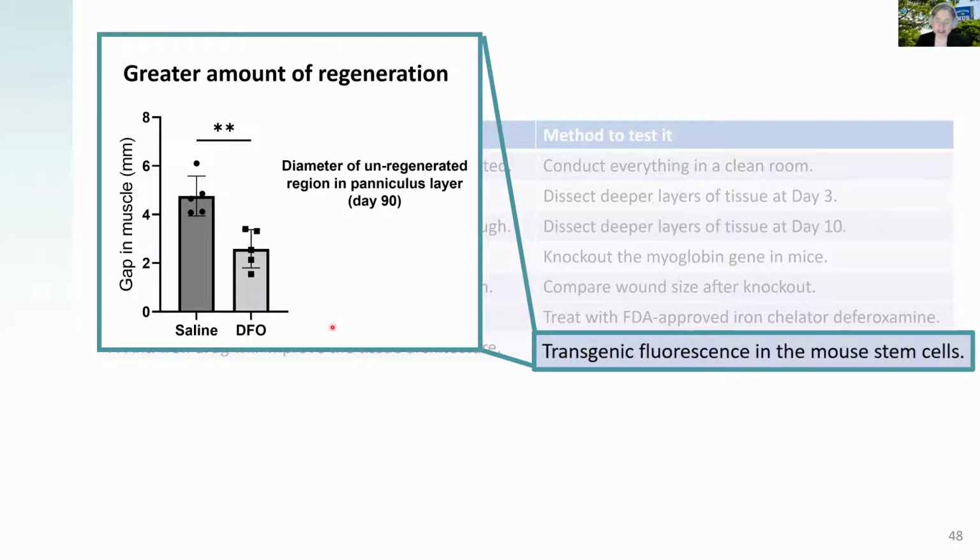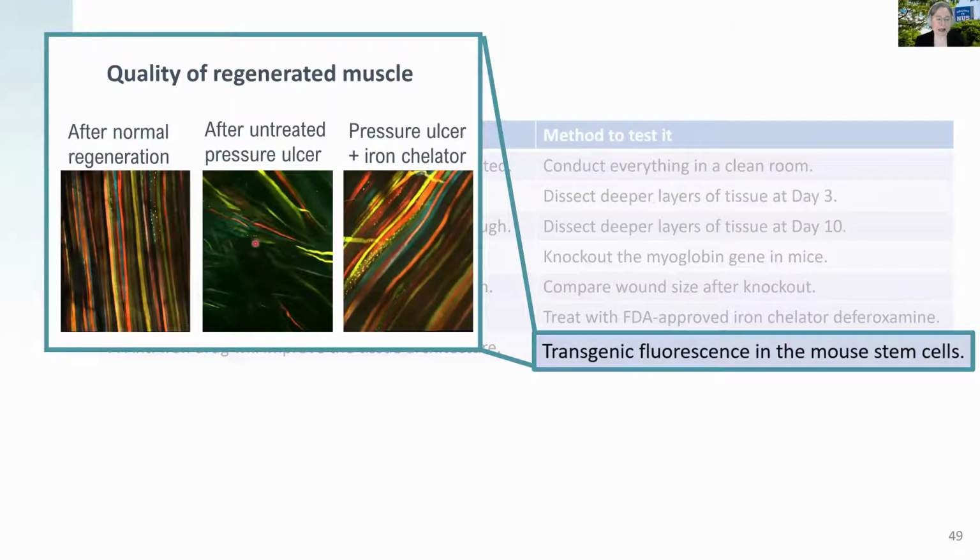Now let me show you the tissue architecture, because this is super cool. This is what normal regeneration looks like after that cardiotoxin. So the snake venom kills off all the muscle, but it grows back beautifully, and without fluorescence, you can't even find where the damage was. That's how beautifully it grows back. Perfectly parallel, straight muscle fibers. The reason it's different colors is because the